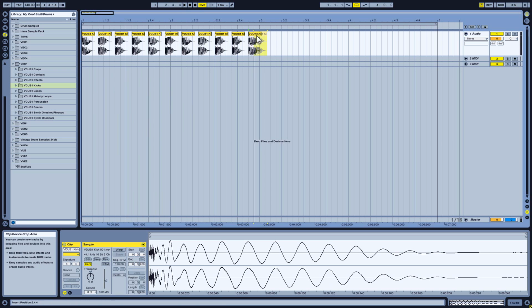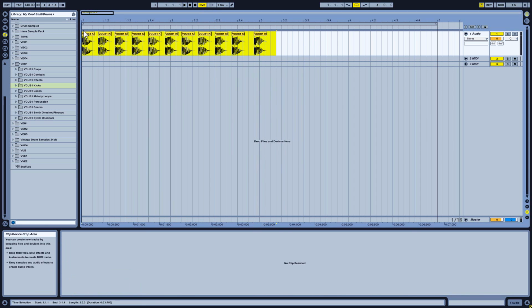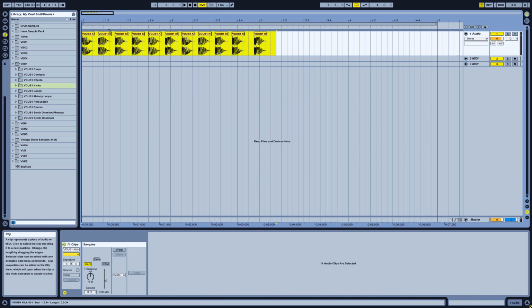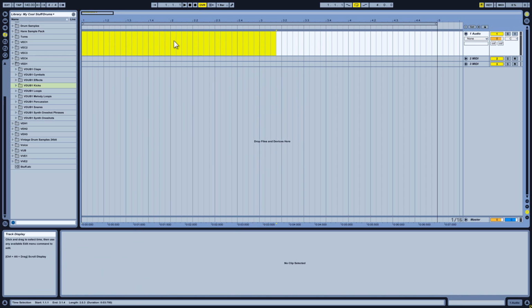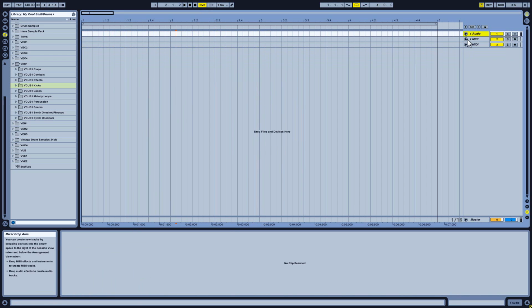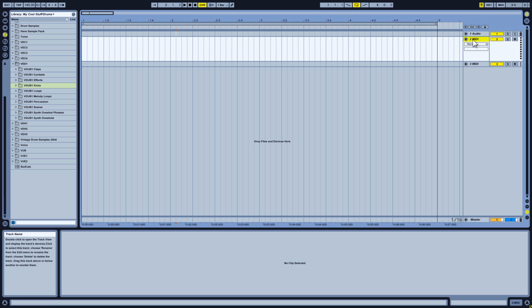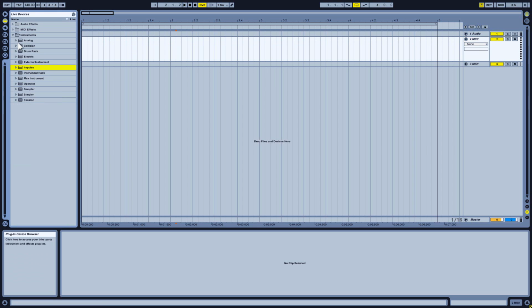You could space it out if you want. You could place it however you like, but usually keeping it in a pattern is the best way to do it. That's all you really need to know about that way. It's pretty simple. Next way will be my personal favorite way, using one of the instruments,